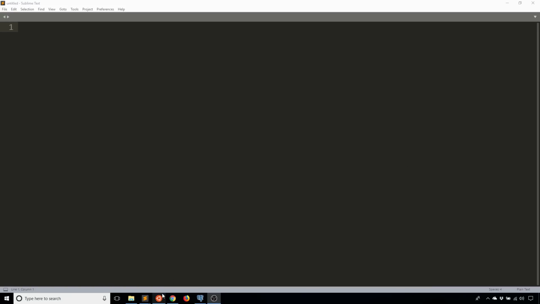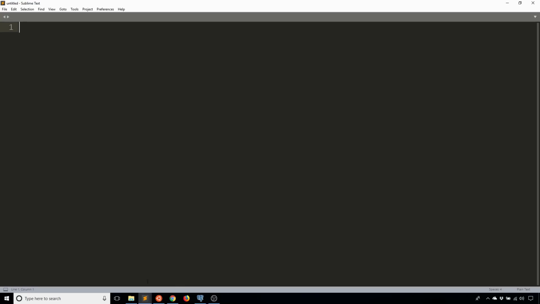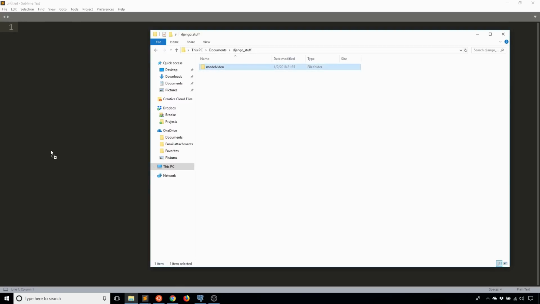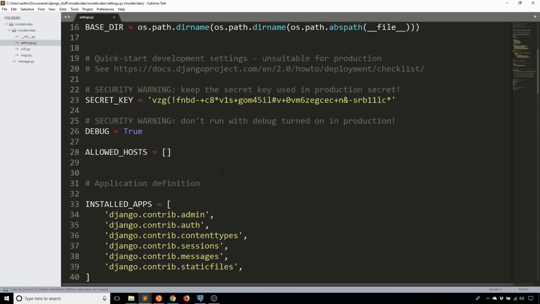So I'll start by creating a new project. Let's use django-admin startproject, and then we'll call this model video. And then with that, I'll cd into the model video directory, and I'll also add it to Sublime so I can see it. Okay. And now that I have that ready, what I want to do is modify the database